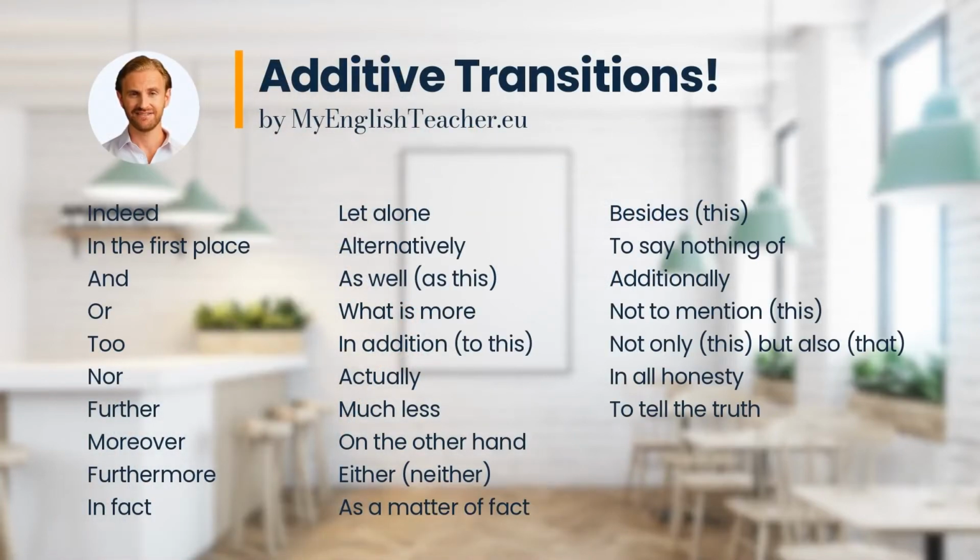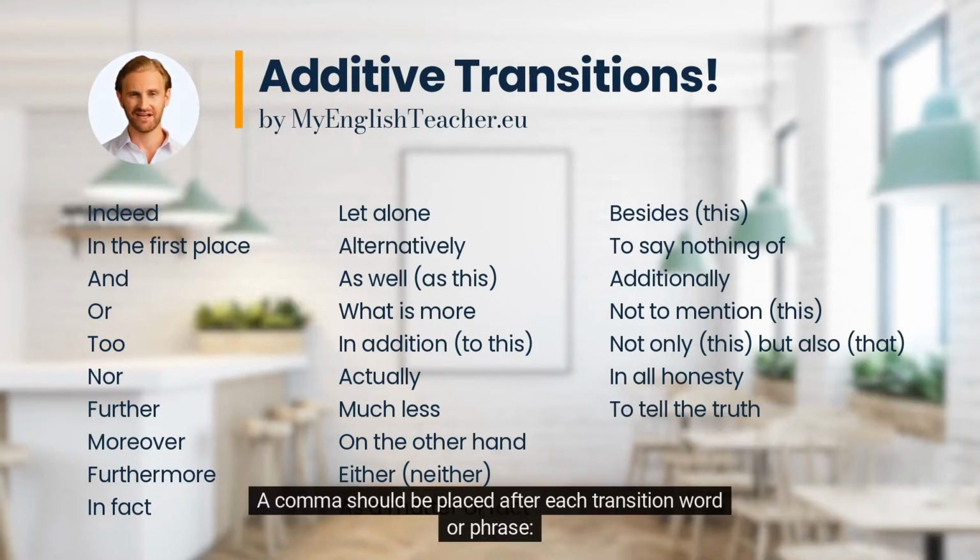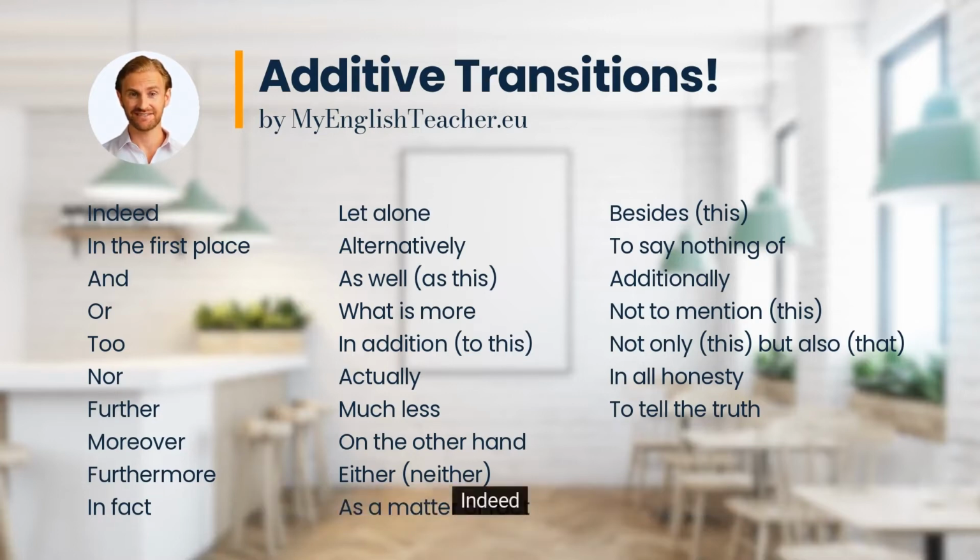Additive transitions. Additive transitions are those you use when you want to show that the current point is an addition to the prior one. A comma should be placed after each transition word or phrase. Indeed, in the first place, and, or, too, nor, further, moreover, furthermore, in fact, let alone, alternatively, as well as this,